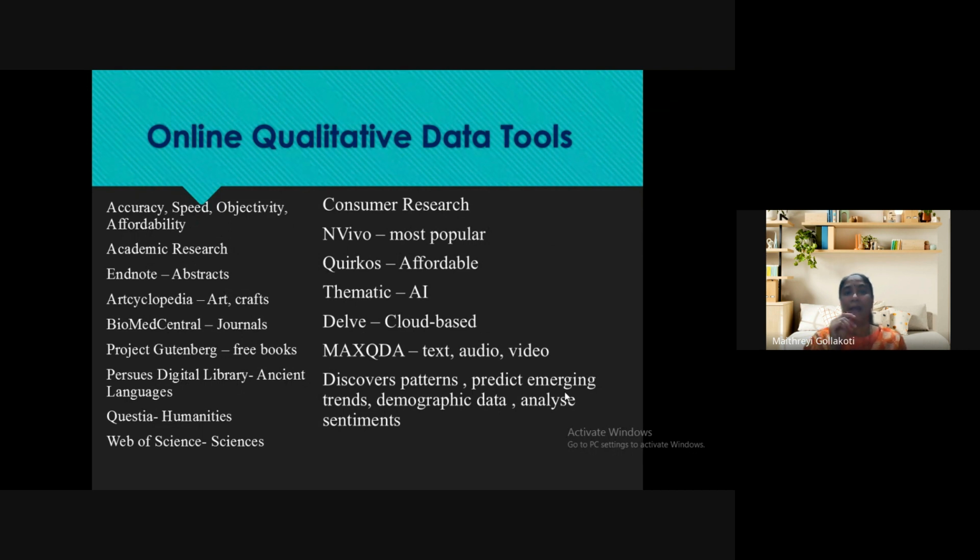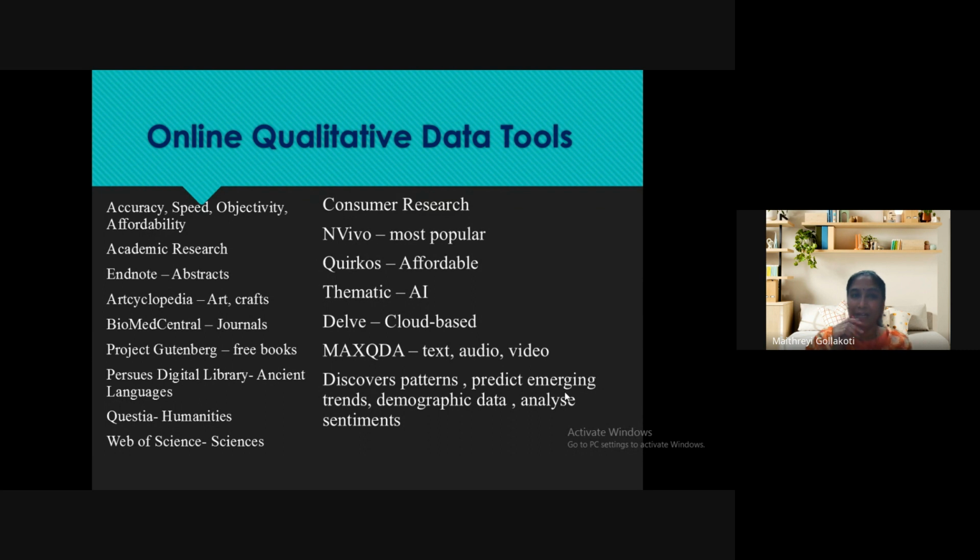Yeah. There are many online qualitative data tools. Now, I told you all this research should be conducted, isn't it? But how to do research on a large scale? Suppose I am studying Maharashtra and Tamil Nadu. The population itself is so much, isn't it? So many crores of people will be there. Okay. Then how can we do such a big study? It is difficult, isn't it?